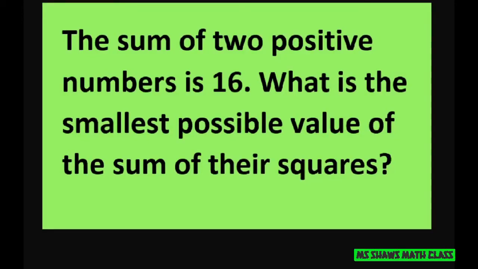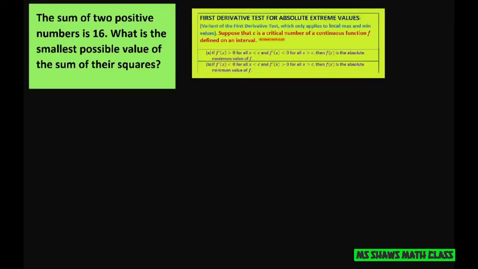One. The sum of two positive numbers is 16. What is the smallest value of the sum of their squares? So we're going to use the first derivative test for extreme values, and we want the absolute minimum value because we want the smallest possible value. Also, our x is positive because they want